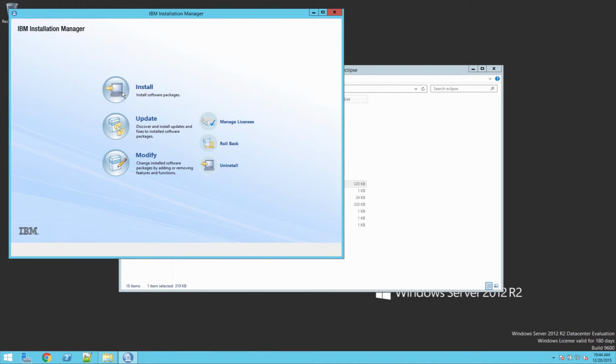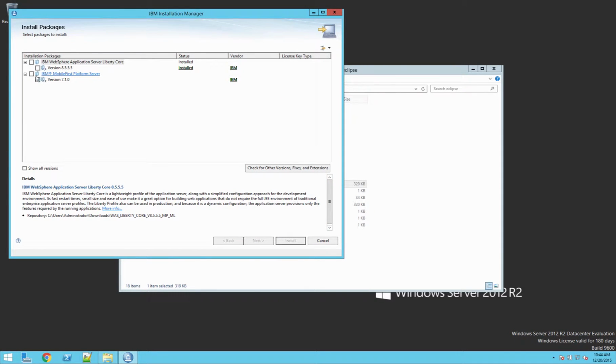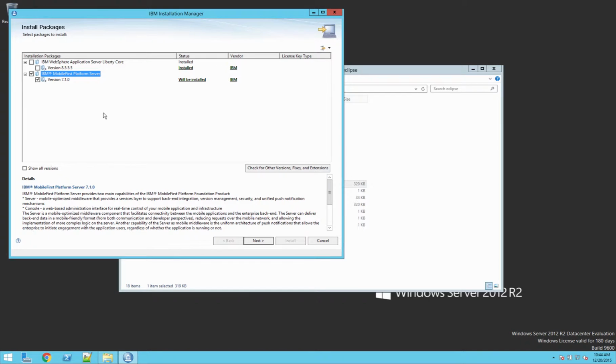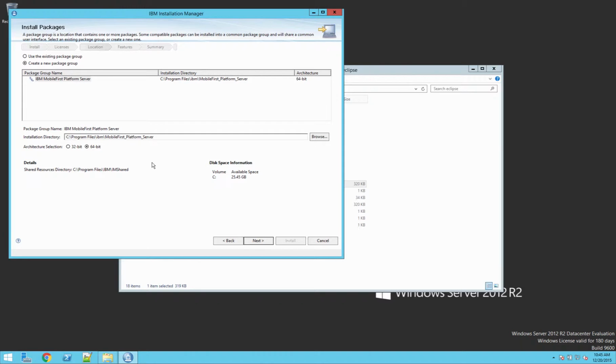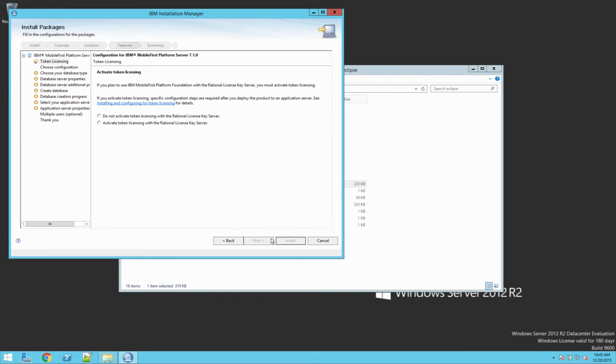So we need to click Install, basically select the MobileFirst Platform server, because as you remember, we added it through repositories previously, and click Next. So now we need to accept the license terms and basically also change the path to IBM with uppercase, and